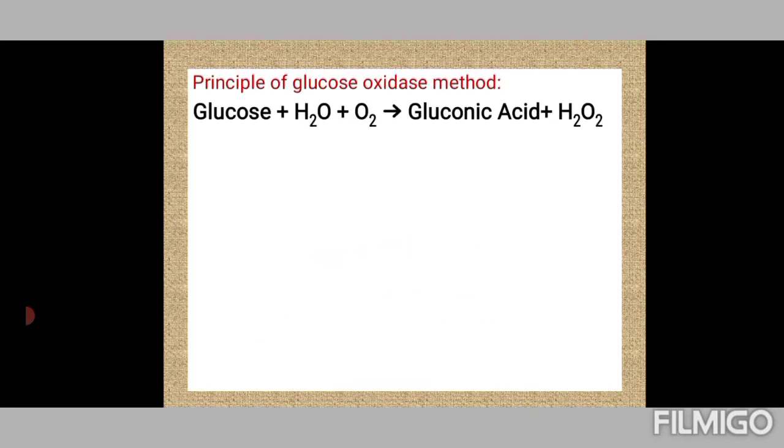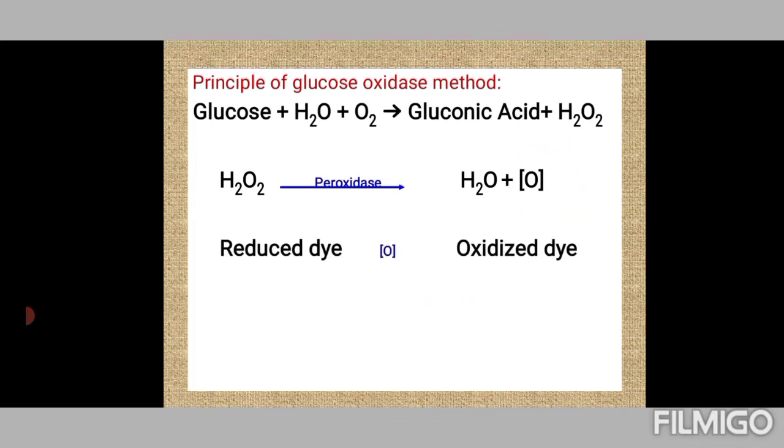Principle of glucose oxidase method. So this is the first reaction, giving gluconic acid and H2O2. This H2O2 is to be assessed, and another enzyme, peroxidase, is used to release nascent oxygen, and the nascent oxygen released is assessed using